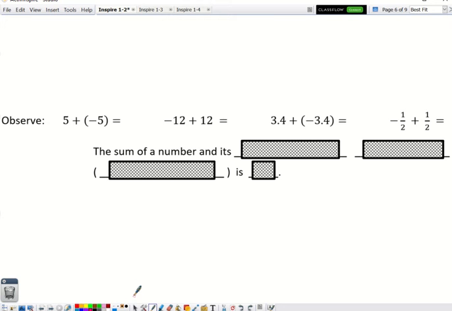So observe that 5 plus negative 5 is what? Well, that would be 0. And negative 12 plus 12 would also be 0. And 3.4 plus negative 3.4, you guessed it, 0. And negative 1/2 plus 1/2, 0. Okay? And essentially, what's the punchline here? That the sum of a number and its